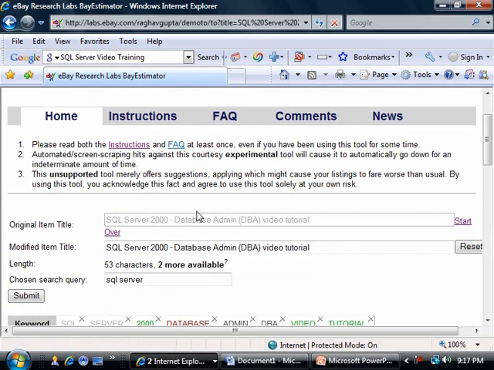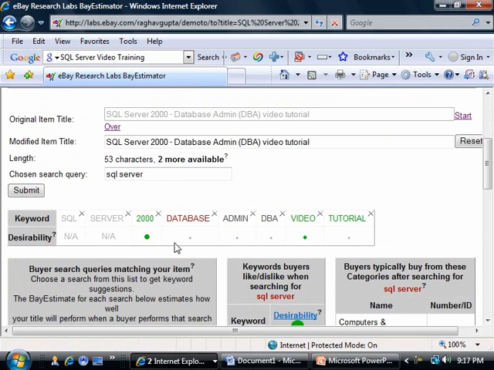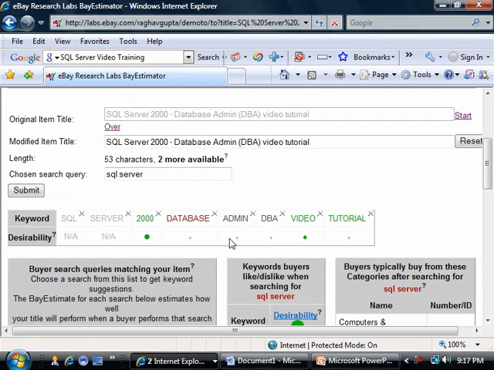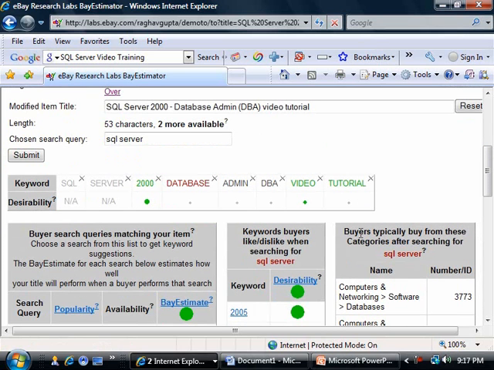So now if we move down, you'll notice that our chosen search query is SQL Server. Now the next portion is pretty interesting. This is where it's listed the keywords. So currently it's using SQL Server 2000 Database Admin DBA Video Tutorial, and then the desirability. Clearly you can see that there are some items that aren't desirable. Database is one. Admin and DBA seem to be also problematic. 2000, it's okay. Video is definitely okay. Tutorial is so-so. So keep that in